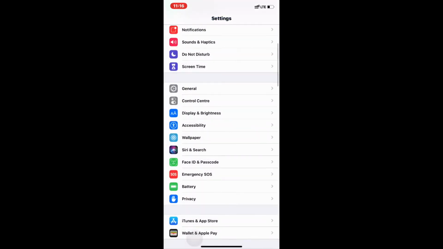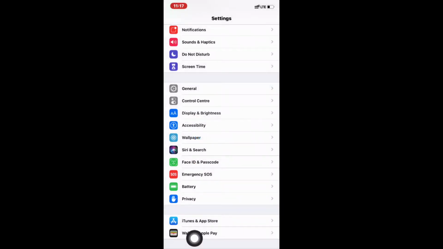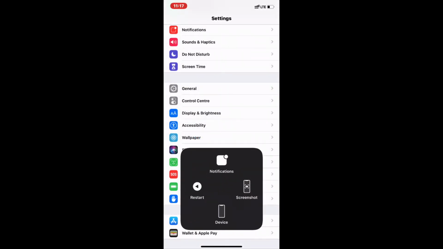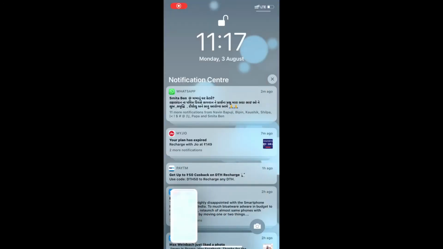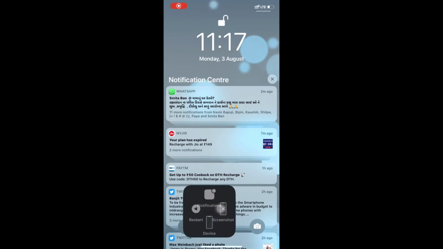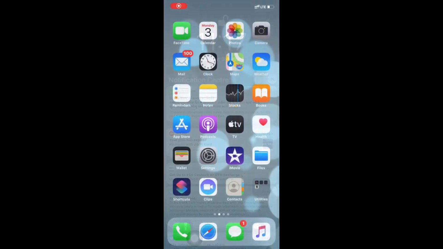Now let's see Assistive Touch in action. Once I press the ball, it opens the menu. If I go to device, it shows many other options, and you can see there are so many options in the device menu, and you can choose any one of these as you like. Coming back, you can restart the phone just like this. See, restarting iPhone is very easy now. And now let's take a screenshot. So press the screenshot button, and that captures it. So easy. You don't have to press any physical button to do this. And similarly, if I double tap the ball, it locks the phone.